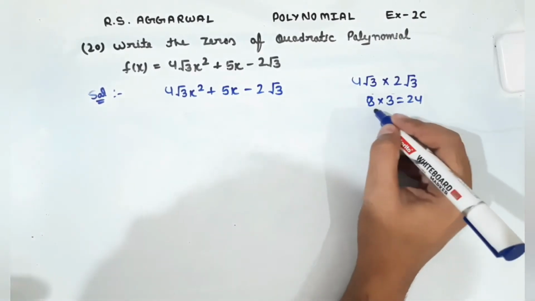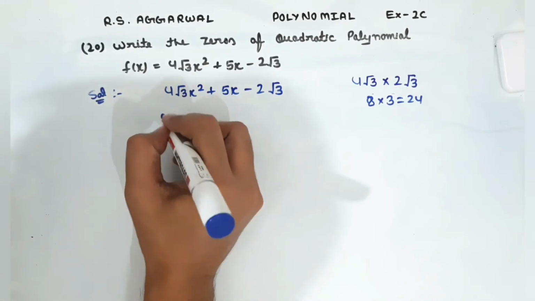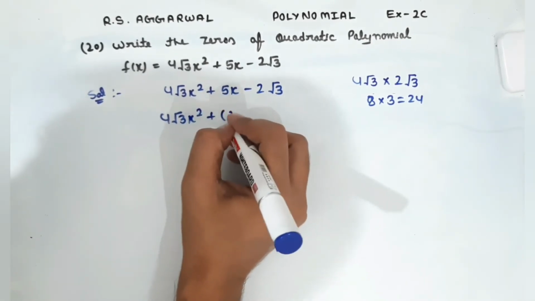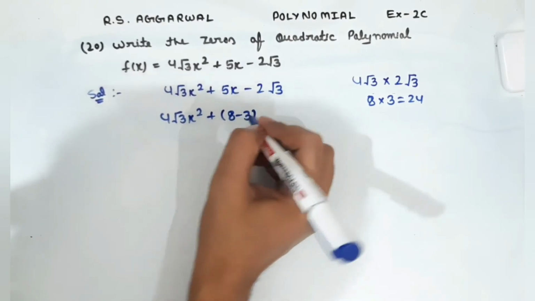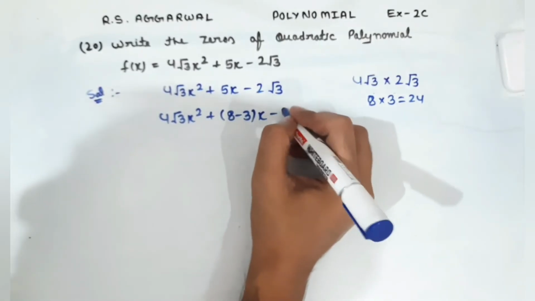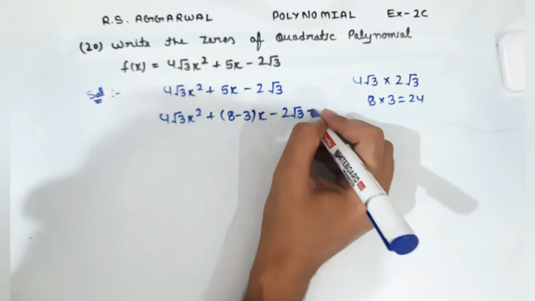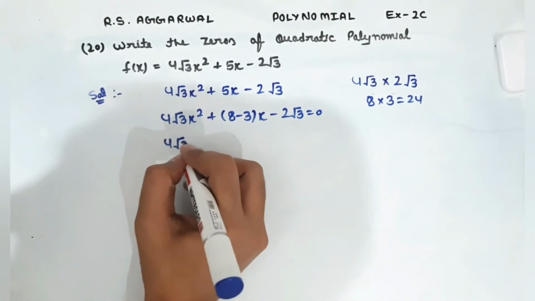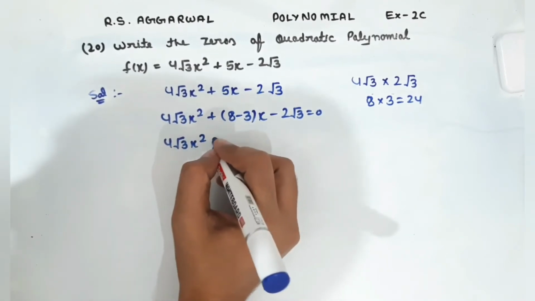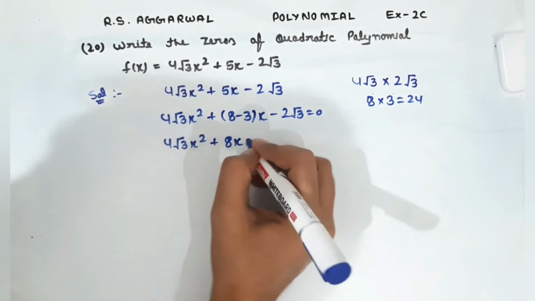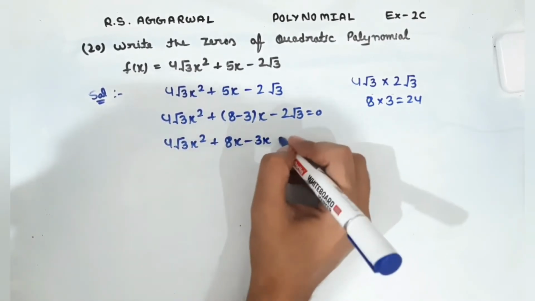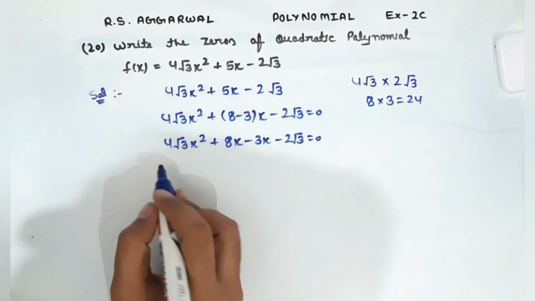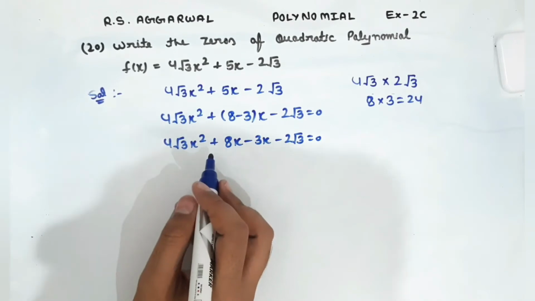So 8 and 3. So 4 root 3 x square plus 8x minus 3x minus 2 root 3 will be equal to 0. From the first two terms